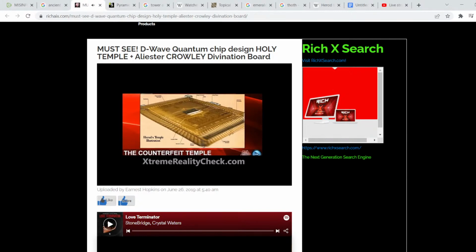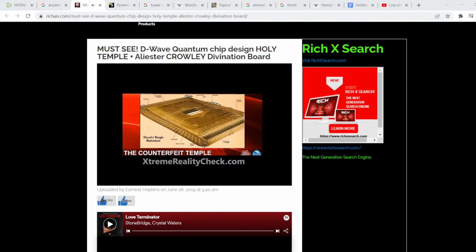System, the D-Wave 2X that came out in 2015, the fourth model based on the 1024 chipset. Side by side, it's exactly the same as Aleister Crowley's great table, in which he has a chart bisected by a cross into four quadrants. The chipset is laid out identically to Crowley's great table, which was used for communicating with the other side, the exchange of information. When I say that this is evidence of evil, this is what I'm showing you, folks.